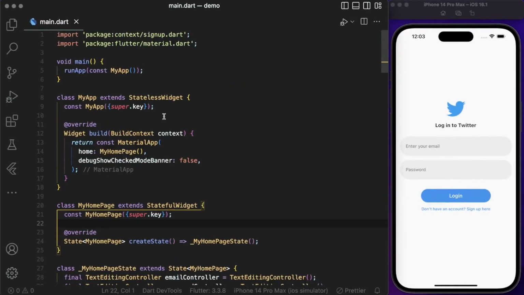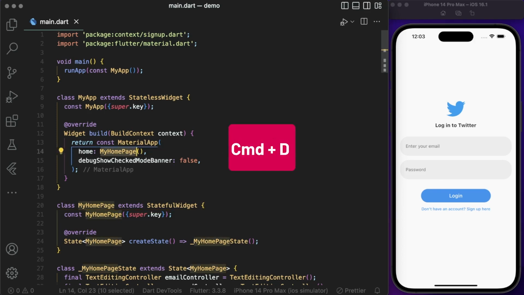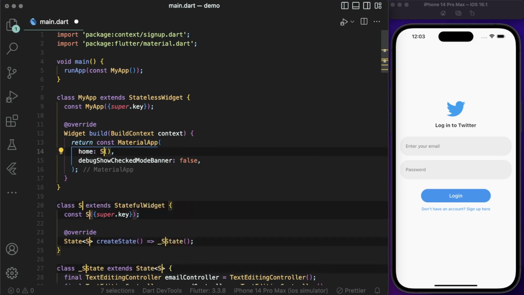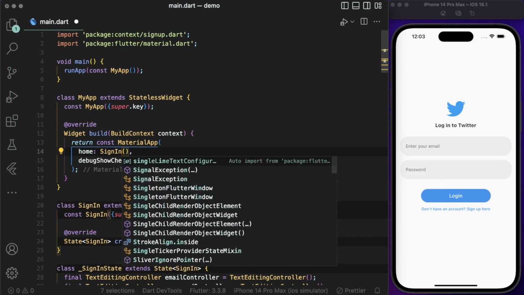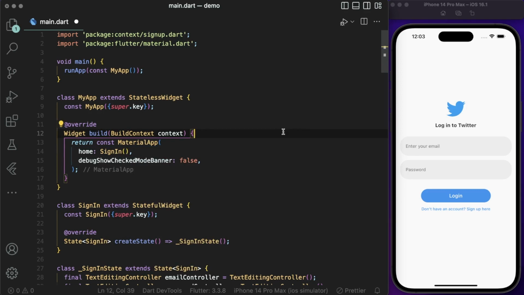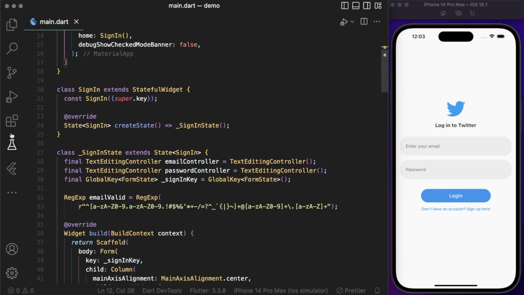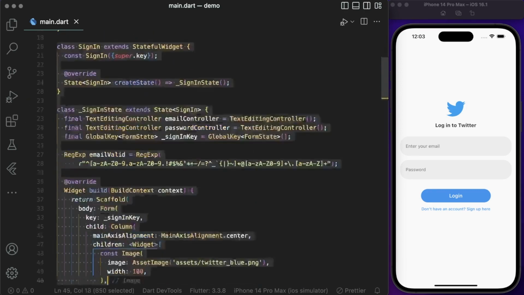Now, I first want to start with cleaning up this main file. I usually like my main file to be very simple and just have all the setup parts. I don't want the home page to be part of this main file. So first, I'm going to do Command D to select all the MyHomePage widgets. And this actually isn't a home page, it's a sign-in widget. So I'm going to save that, and then I'm going to cut this out,